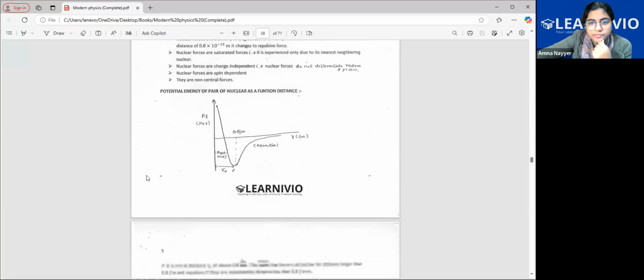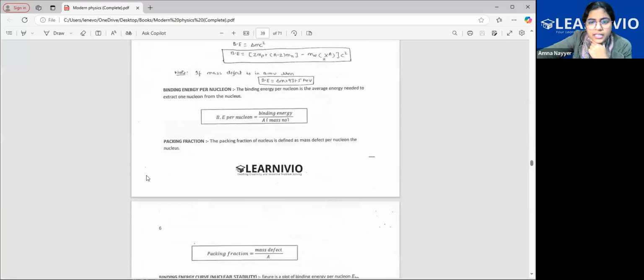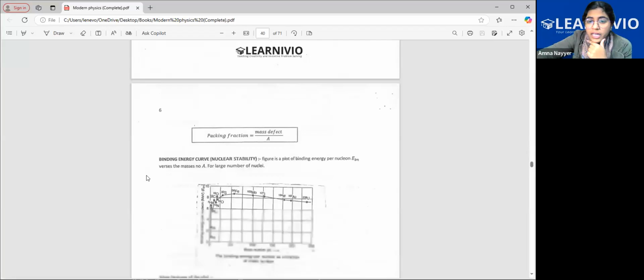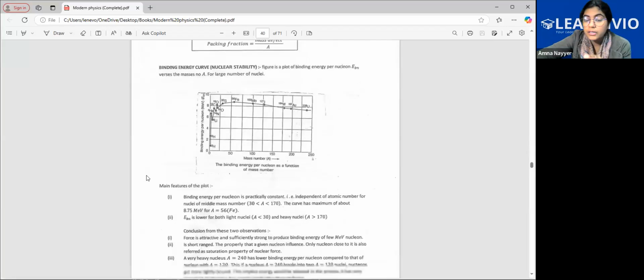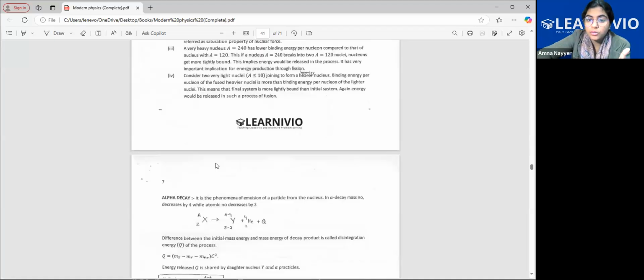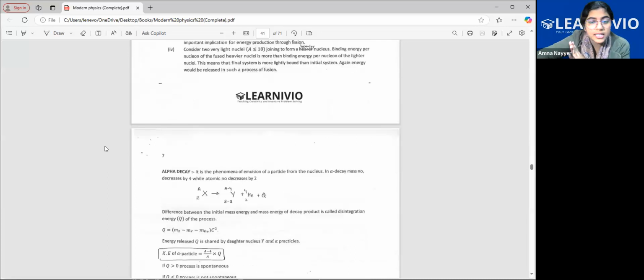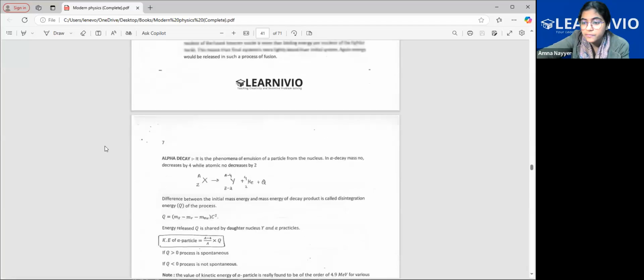It's written, this we have discussed, binding energy and everything. Now, this is the last part, the binding energy graph for nuclear stability. Class, after this, don't do anything from the notes. It is given in the notes, it is present in the notes, but these are not part of your syllabus. So do everything till this only.